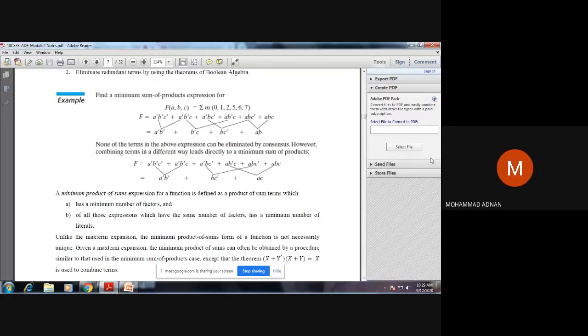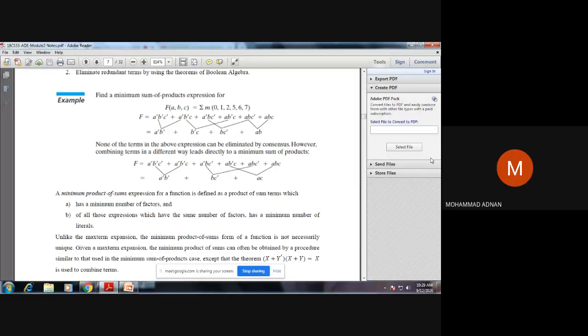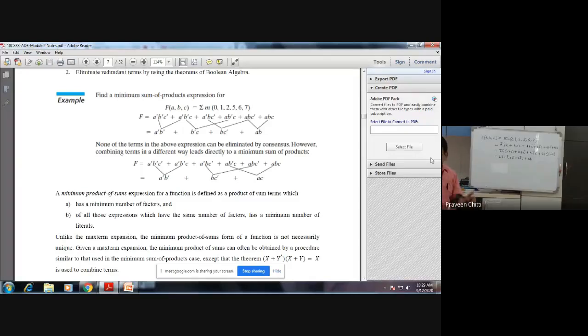We can take the third term and fifth term. Here there is no structured method as such. It depends on how you club the terms and how you use the different factors to eliminate them. So from this you can go on simplifying it, or it can further be written like this: take A bar common into B bar plus B, C bar, plus A common into B plus B bar C.